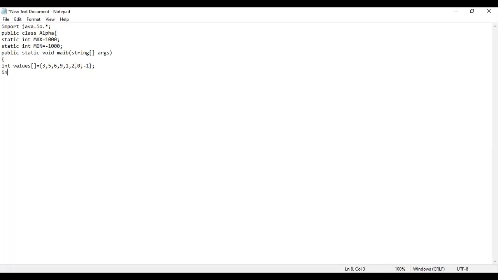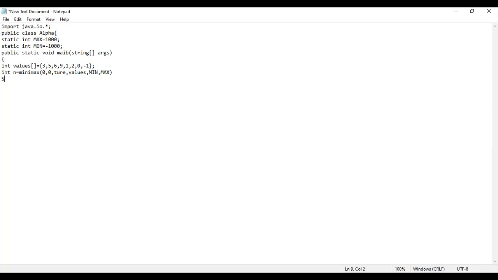Then I will declare one variable n, which will store the value returned by the function minmax. The minmax function has 5 parameters. First is 0, which means the initial depth of the tree. Then 0, the initial node index. Then true for the maximizer player. Then the values, the input array, then the min value and max value. These are the parameters for the minmax function.